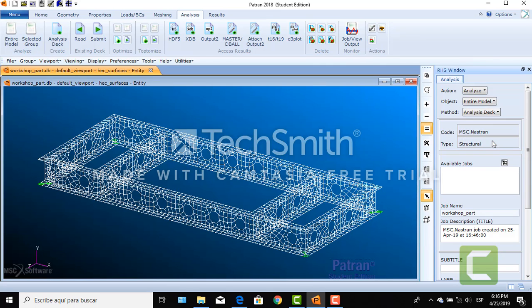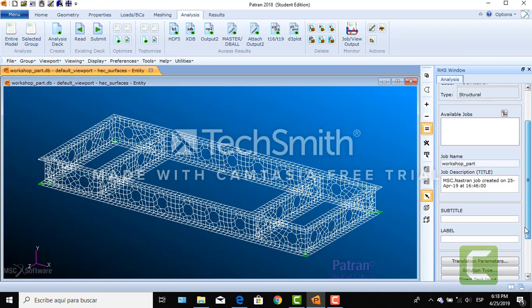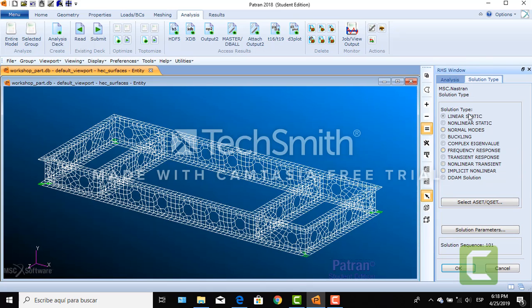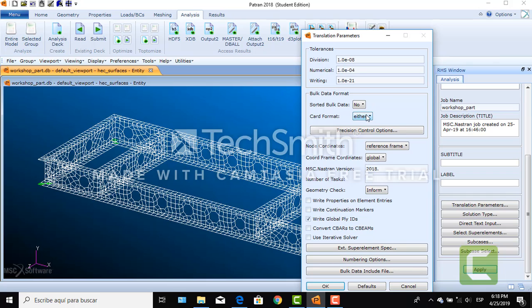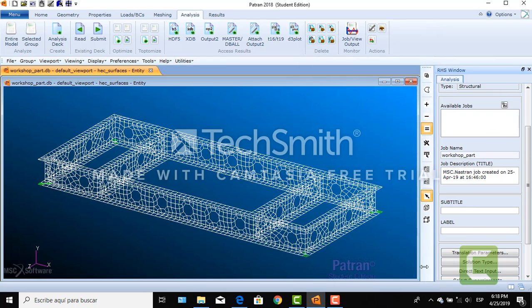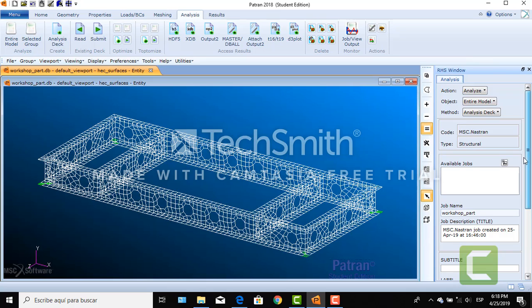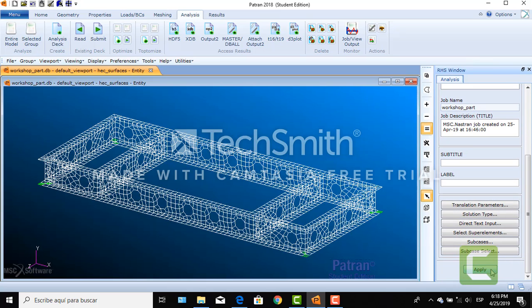We're just going to make an analysis deck. The job name is going to be the one you put on it, which is the one we've established before. We go down, we make sure our solution type is linear static, and we click OK, and then we go to translation parameters, and the card format is going to be small. We leave everything else as is, and since everything looks good to me, job name, entire model, we just click apply,